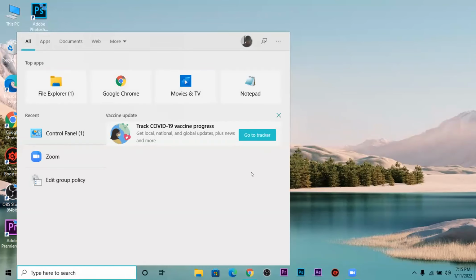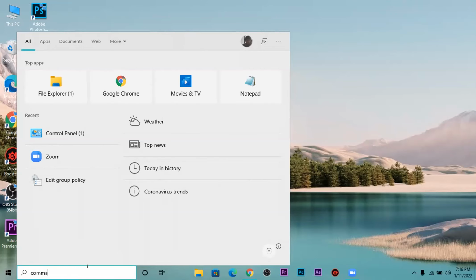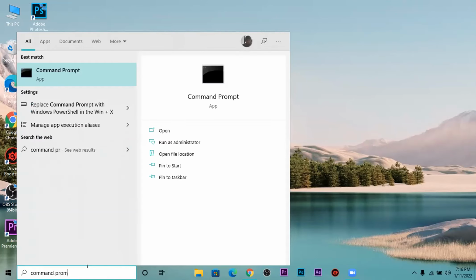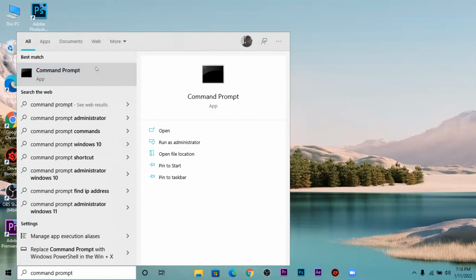Then please type command prompt in the search bar. That is one way of opening the command prompt. Then you can open it. That is what we are going to learn today.